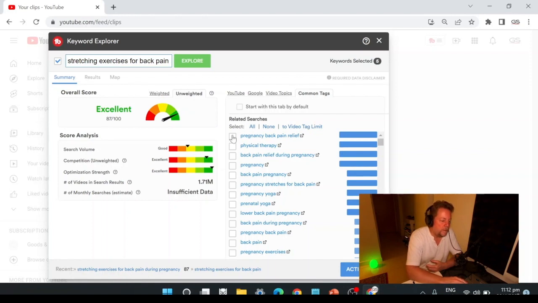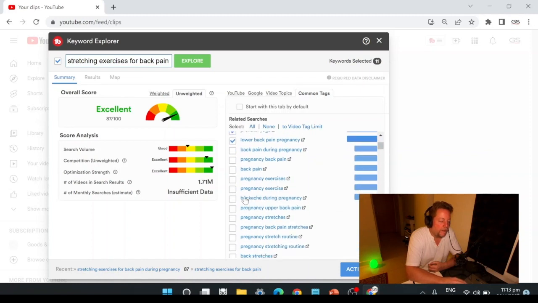All right. So I'm going to just choose some of these: pregnancy back pain relief, no physical therapy, back pain pregnancy, stretches for back pain, prenatal yoga. Prenatal means before the baby's born, and yoga. So pregnancy yoga. Maybe let's use a couple of those. Lower back pain pregnancy, exercises, backache during pregnancy, pregnancy back pain stretches,